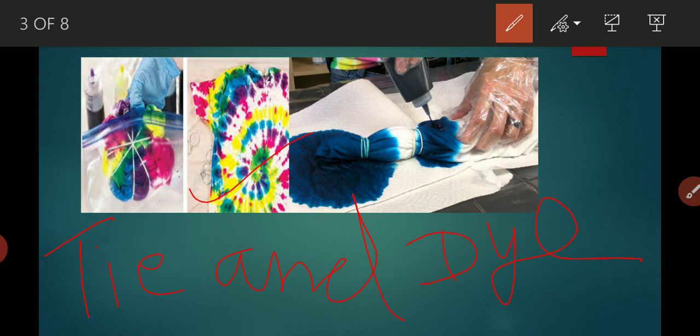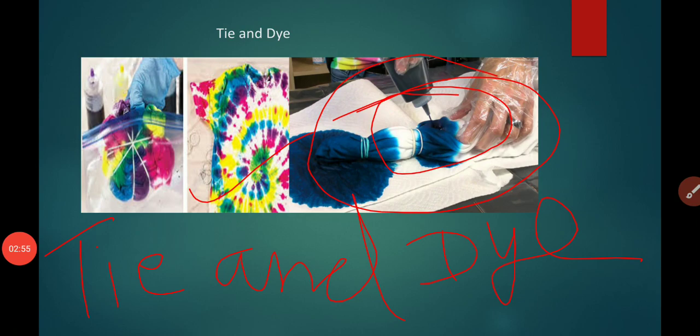See, you can see in this picture, this person is creating such type of design on cloth using the tie and dye method. He ties the cloth, and after that he is dyeing the cloth. Now, all of you have understood about the tie and dye method. We can create beautiful designs on cloth using the tie and dye method, right? This method is practiced widely in Gujarat and Rajasthan.